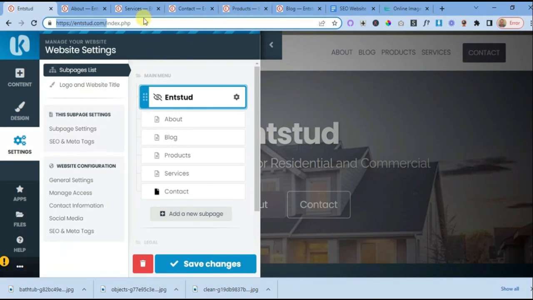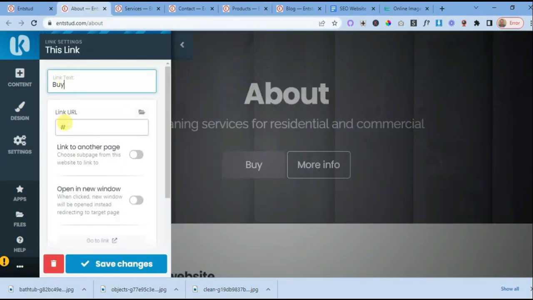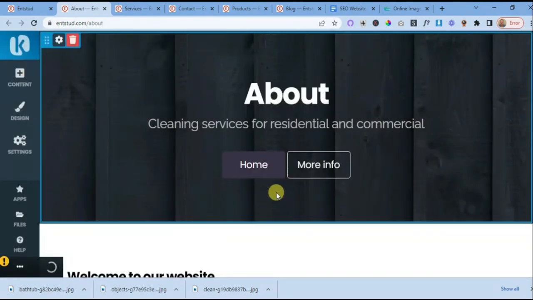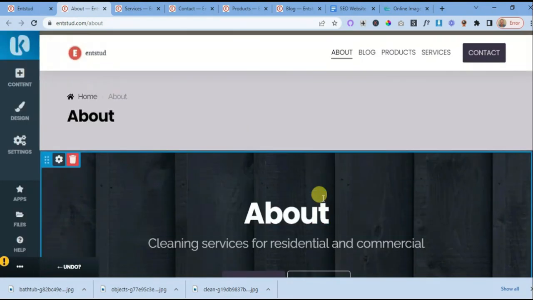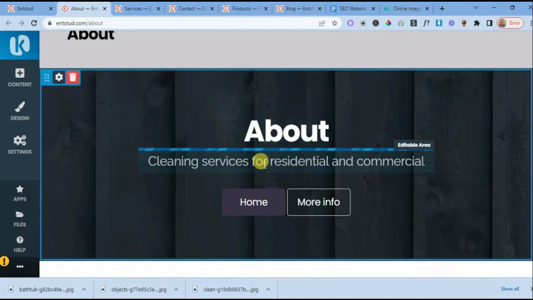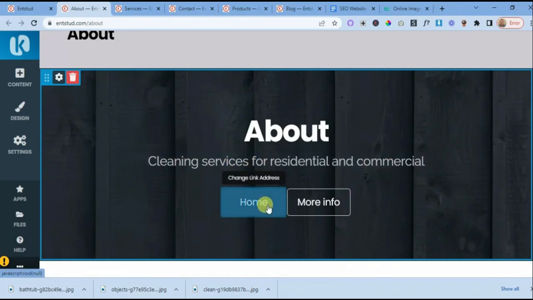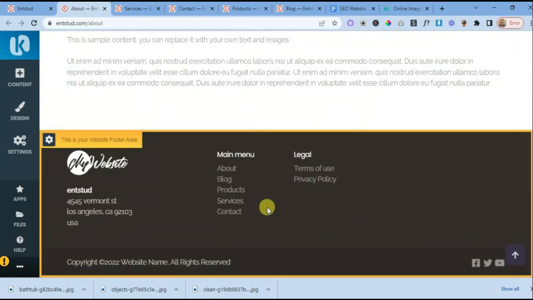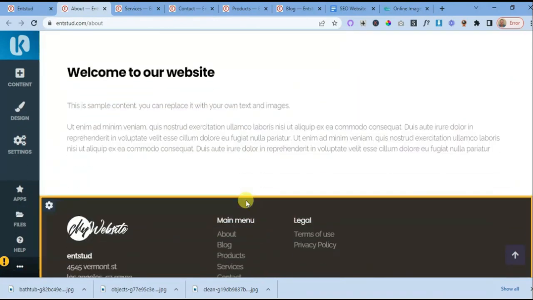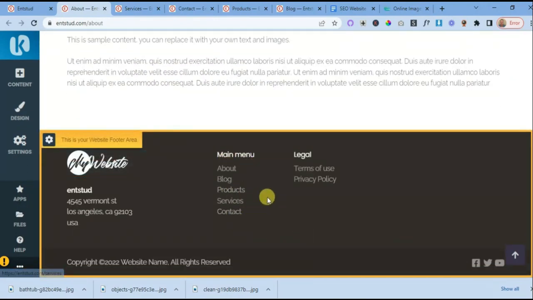Let's go here for the about, and then we're gonna put it here, and then we're gonna put home. So they can come back to the home. It's very important that you include the home page, because remember, we don't have the home page button up here in the navigation system. So it's very important that we put in the main pages, we include the home page, okay? Button here, because we don't include it here,